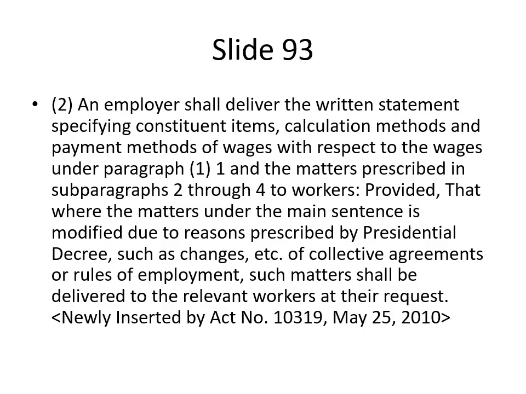2. An employer shall deliver the written statement specifying constituent items, calculation methods and payment methods of wages with respect to the wages under paragraph 1(1) and the matters prescribed in subparagraphs 2 through 4 to workers, provided that where the matters under the main sentence is modified due to reasons prescribed by Presidential Decree, such as changes, etc. of collective agreements or rules of employment, such matters shall be delivered to the relevant workers at their request. <newly inserted by Act No. 10319, May 25, 2010>